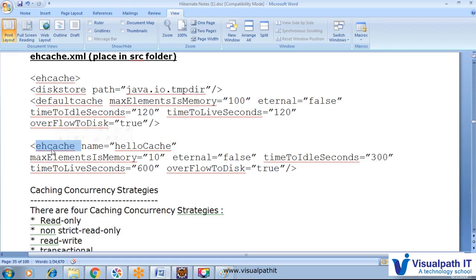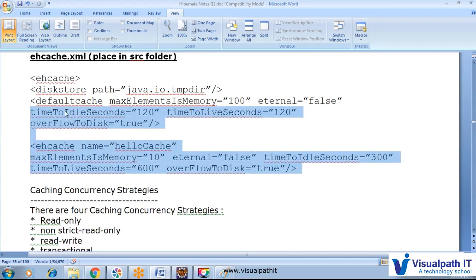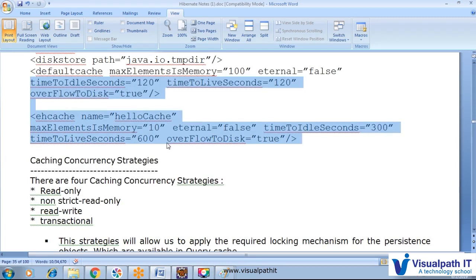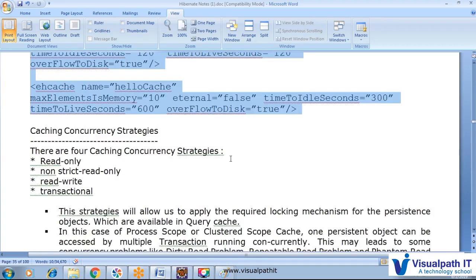Again we have to provide a name, for example the helloCache we used, and maxElementsInMemory 10. We have to provide these few things whenever we use EhCache. When we install EhCache, it comes with an XML file also, so we can utilize that XML file itself for this cache configuration.